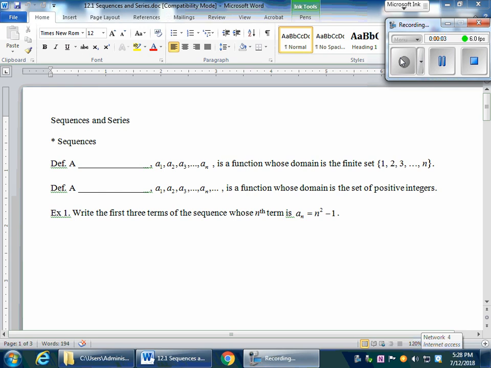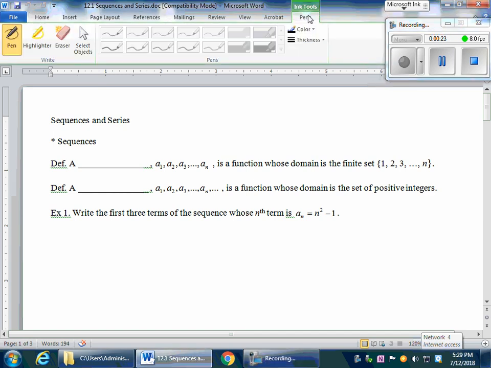12.1 Sequence and Series. In chapter 12, we're going to look at this 12.1 and then 12.4, the last sections, binomial theorems. So sequence and series, what is a sequence? A sequence is basically a function. Okay? A sequence is a function, but however, that function's inputs will be integers,